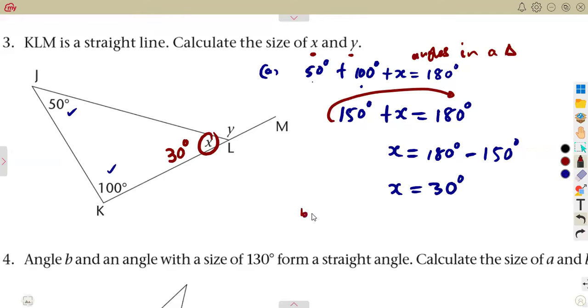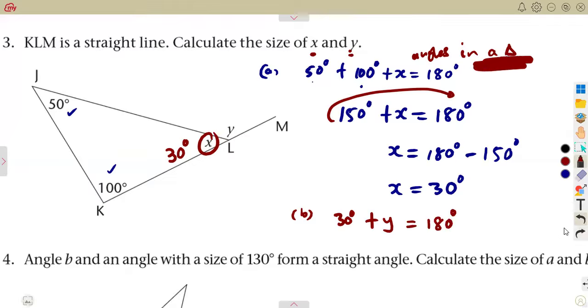All right. Then the other part is to calculate y. X and y are on a straight line. We are back to the geometry of a straight line. Angles on a straight line add up to 180 degrees. So if I add the x here, which is 30 degrees, to angle y, this one, I'm supposed to obtain 180 degrees,